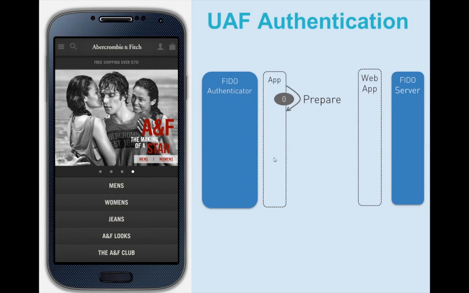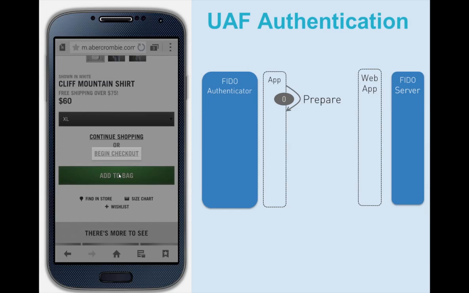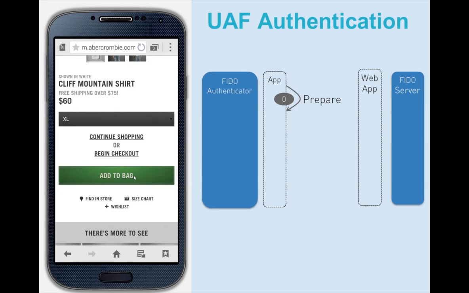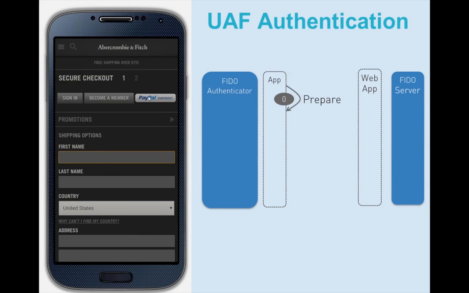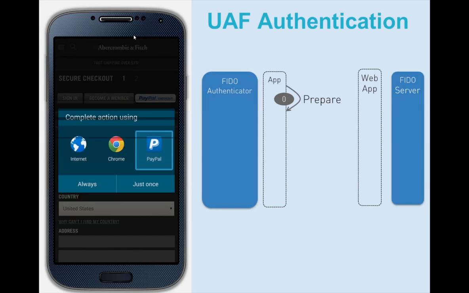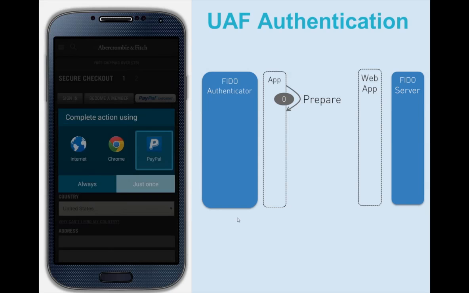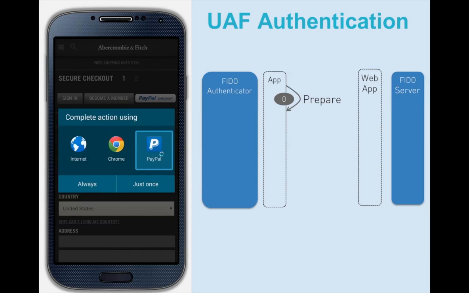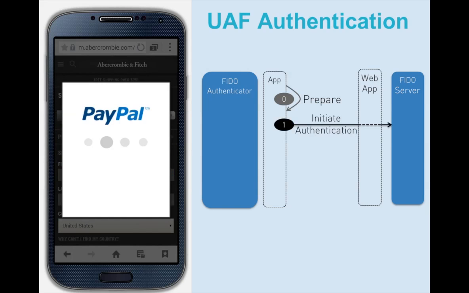Now step 0 essentially is: I want to do shopping. I want to authenticate my payment using FIDO. So I have to prepare the shopping, which essentially means I go to the website, select whatever I want to shop, add it to the bag, and do checkout. In this example, we use a PayPal payment because the PayPal app on the Galaxy S5 has already been FIDO enabled. So the Android operating system will ask us to select an application to handle that action. In this case, we use a PayPal application. We click on that, and now the PayPal application gets started.